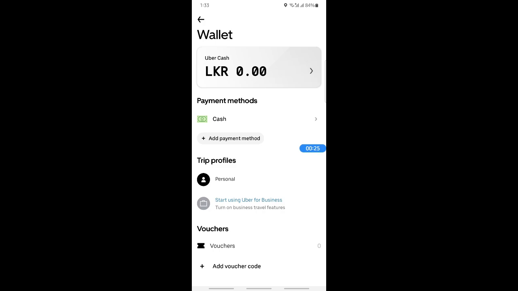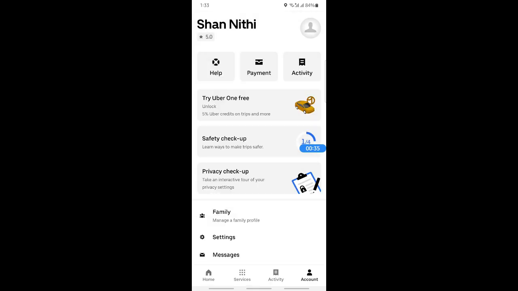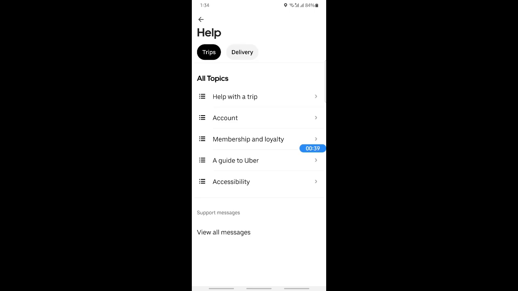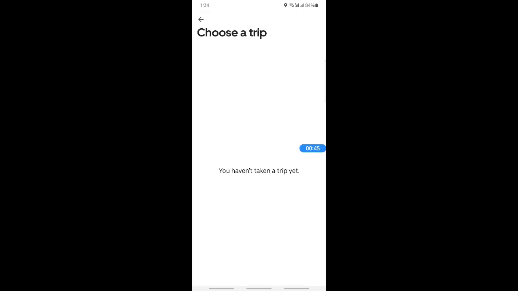unfortunately Uber doesn't let you do this by yourself, so you can't transfer the cash to your bank account or anything. So the only way you can do this is just reach out to the help support team. So you're going to go to the help section, or either way you can reach out to the customer service. You can either call them, or else you can go to the help section here and then just try to reach out to any